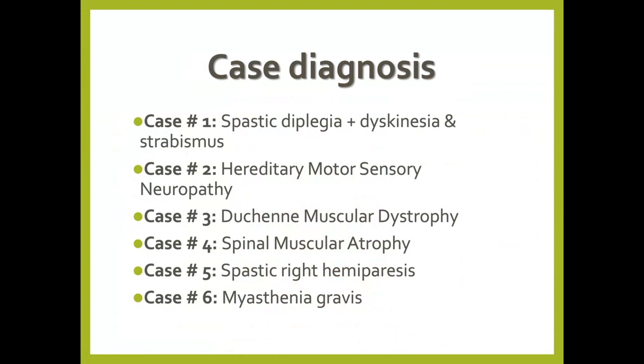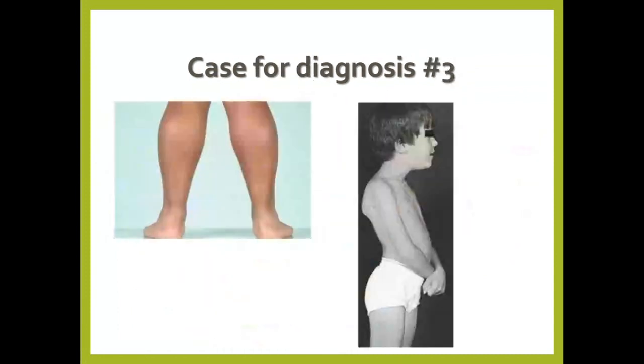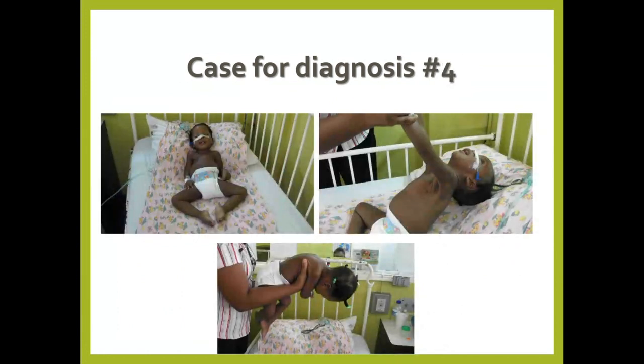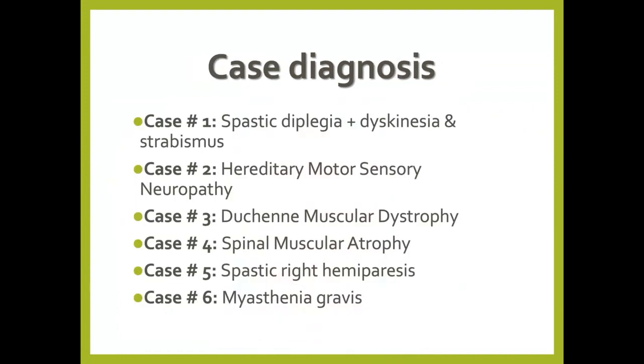The second case was a hereditary motor sensory neuropathy. This was Duchenne muscular dystrophy. This was spinal muscular atrophy. This was right hemiparesis. And the last case was myasthenia gravis. So you can see that without even handling the child, we can get a lot of information that guides us